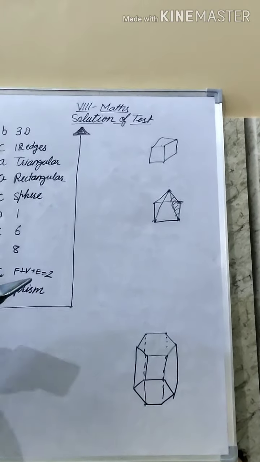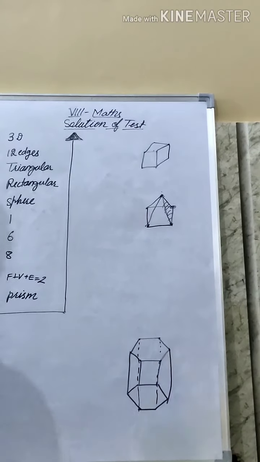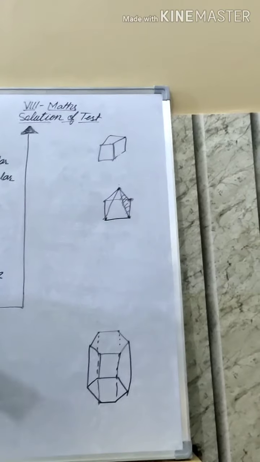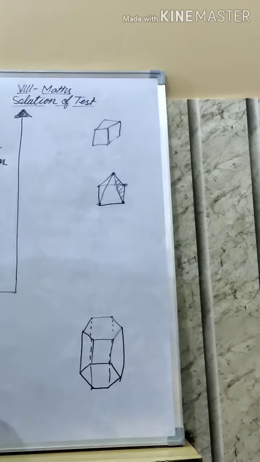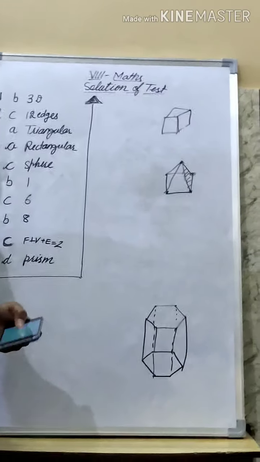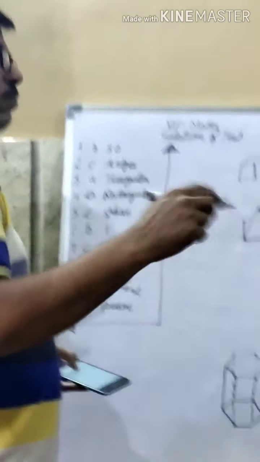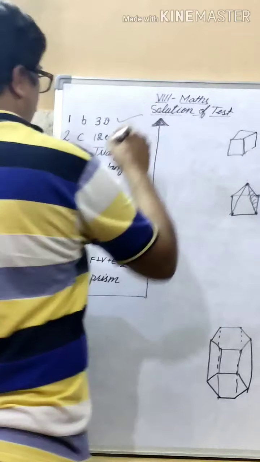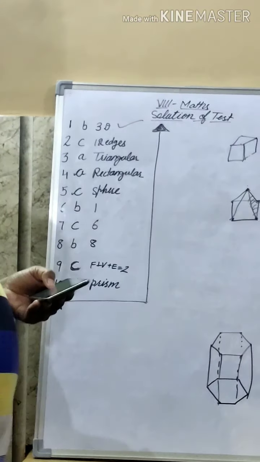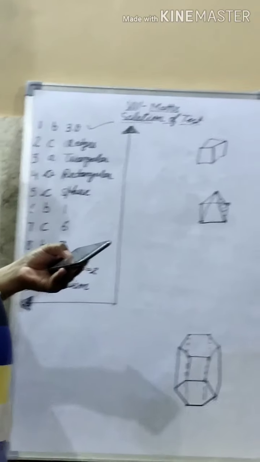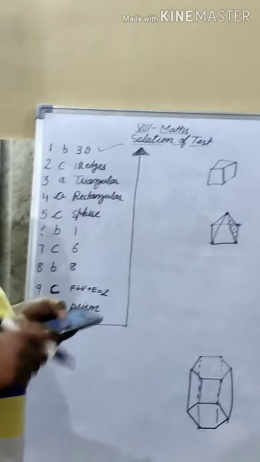So first question, a cube is a, so my dear students, a cube is a two-dimensional, three-dimensional, four-dimensional. So I think very simple. A cube has length, breadth, and height. If length and breadth only, then two-dimensional. If length, breadth and height, then three-dimensional. Then a cube is a three-dimensional object. Hear this. Now second question was, a cuboid has dash edges.